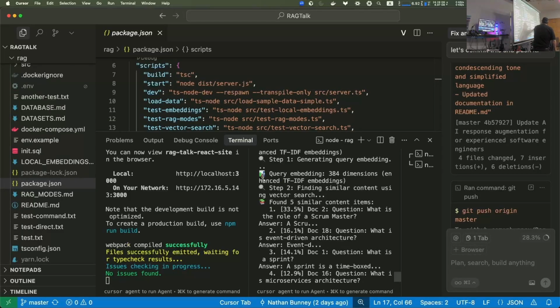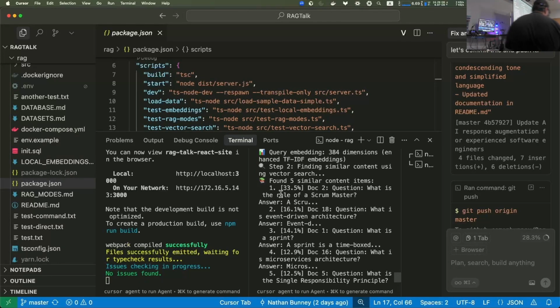The first is doc2, the second one is doc18, doc1, and then I think one of these is from the other document. In any case, it searched the database and pulled out 5 different answers, questions and answers, that it then loaded up and sent just that out to Grok and got an answer back. So we retrieved a subset of our potential augmentation data and just sent the subset to Grok. Make sense?